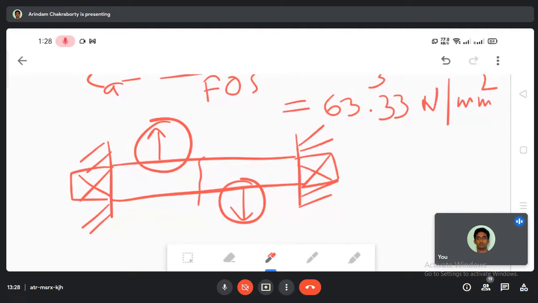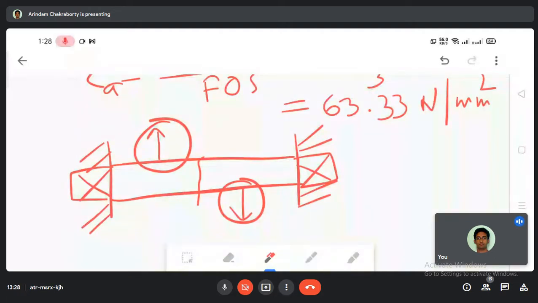Yes, it is practical. How many of you have visited your workshop lab? How many of you have visited the workshop lab of Calcutta University? I'm just talking about Calcutta. How many of you have visited the workshop lab of CU?